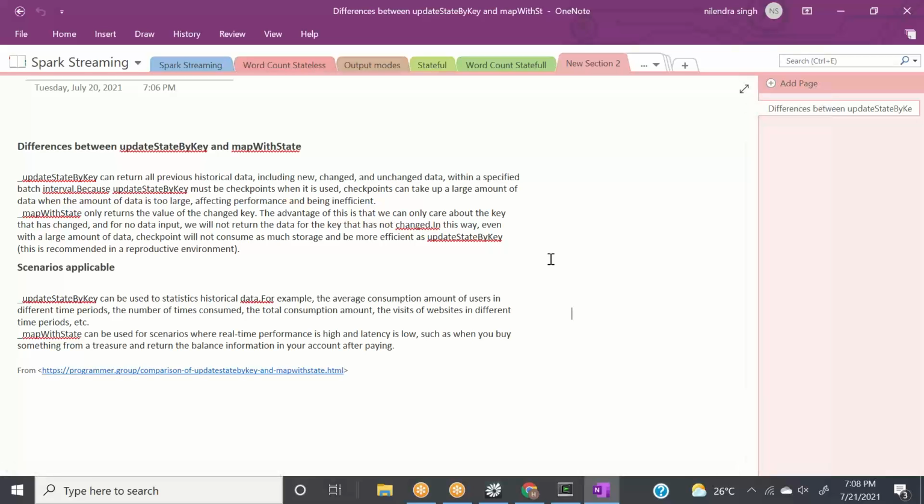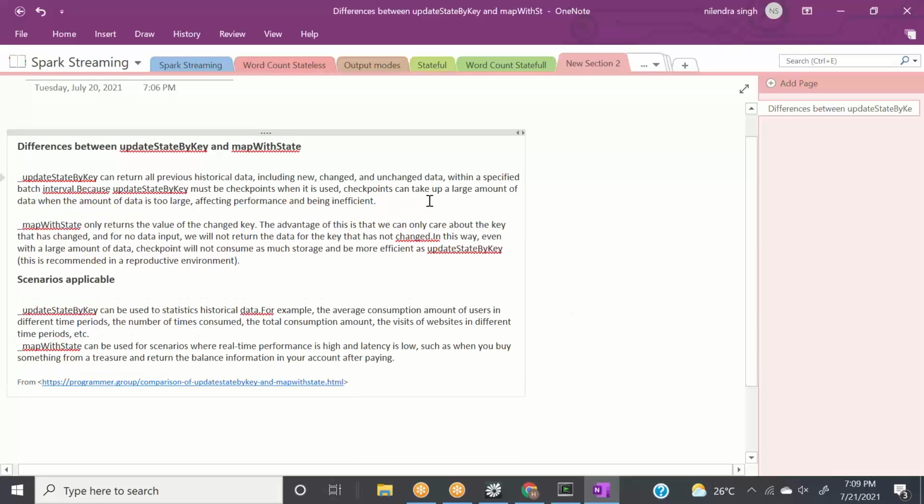Because updateStateByKey must be checkpointed when it is used, the checkpoint can take up a large amount of data, affecting performance and being inefficient. So this is what we explained in detail. mapWithState only returns the value of the changed key. The advantage of this is that we only care about the keys that have changed, and for no data input, we will not return the data for the key that is not changed.